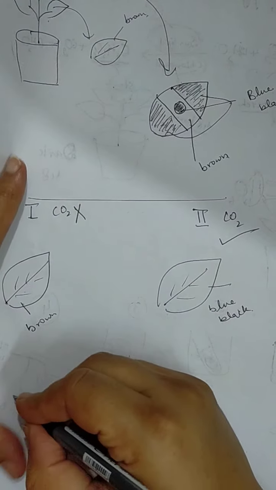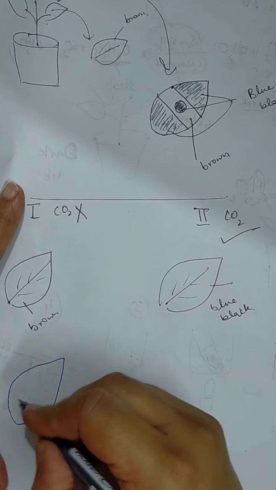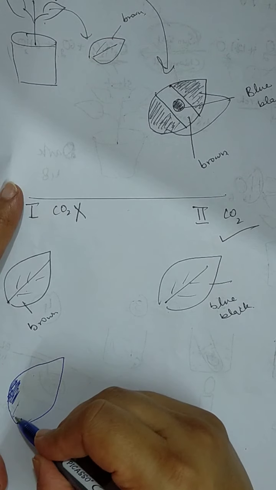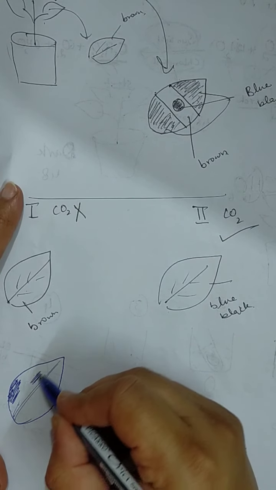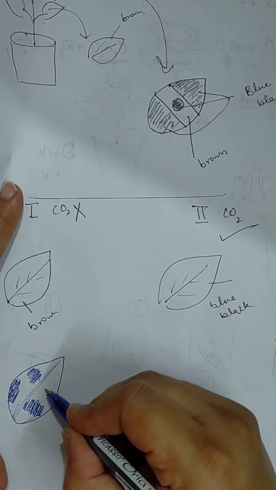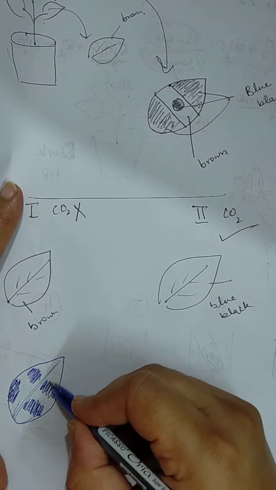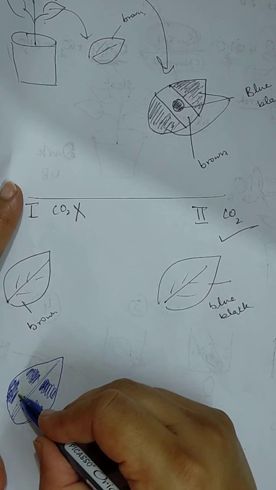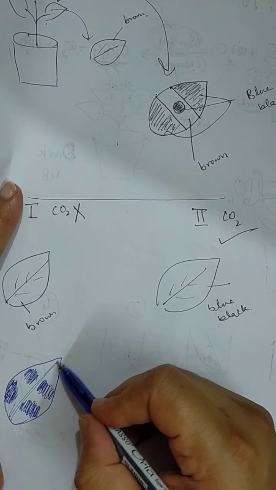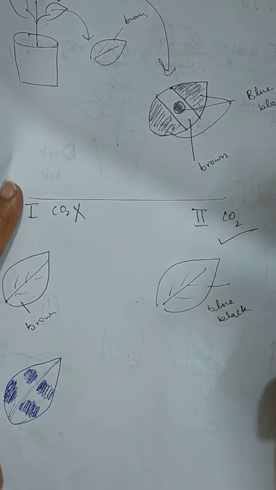So variegated leaves mean, for example, this one is a leaf, and in that leaf some areas have chlorophyll and some areas are without chlorophyll. So in patches chlorophyll is present. These blue areas which I am drawing, you can consider that chlorophyll is present there, and the remaining portion which is white in color, you can consider that it has a yellowish color and chlorophyll is absent there. So we can select any variegated plant.